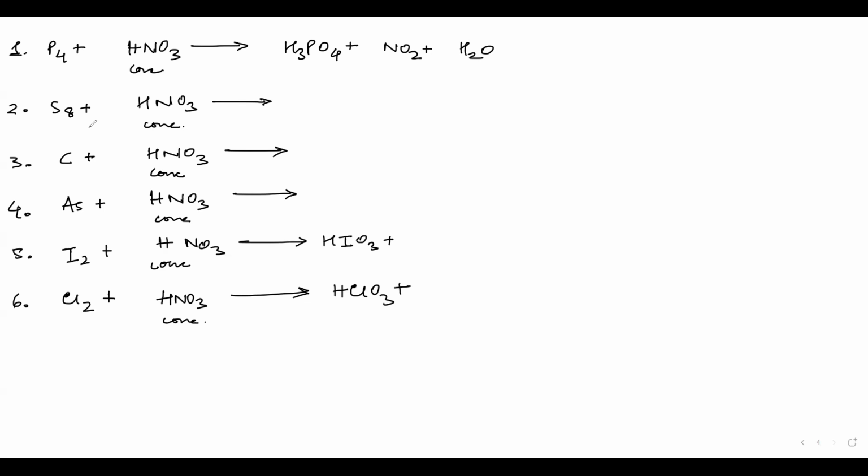Now, see, Abir, what you will do, you will start with the n factors. So you will practice the n factor, and when you come to arsenic, you will know how to do it. Arsenic is group 15, so you will have similar type of oxy acid, and then you can write the product also, and you can also balance it because you will be balancing from phosphorus to carbon. Then for iodine and chlorine, I have given the products, that is the oxy acid for all of them, and what will be the other products. If you can write the products here from your memory, then you can easily write the products here also and balance it.